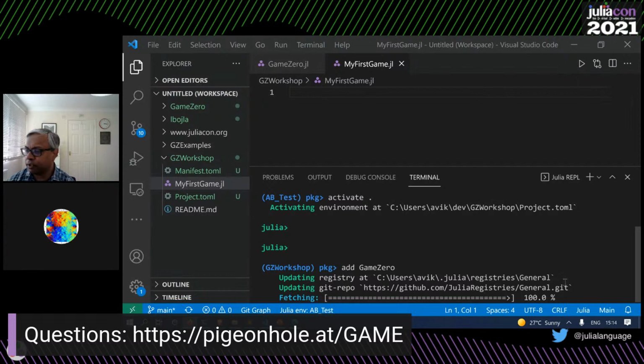Right, so my packages are still installing. There's a question about whether it is straightforward to produce games that can be run on any system without a Julia installation. That is possible, but not very straightforward yet. In Julia, there is a thing called PackageCompiler. If you search for PackageCompiler Julia, you will find documentation around how to use it, and that's what you would typically use